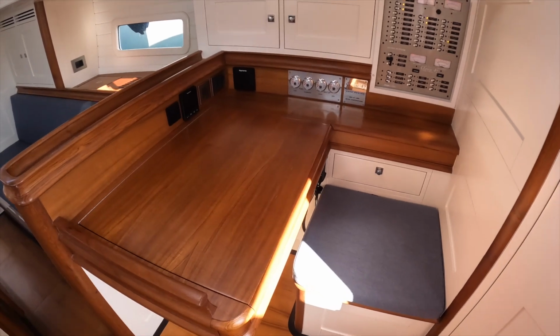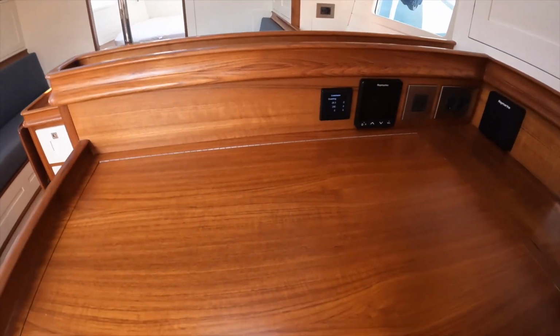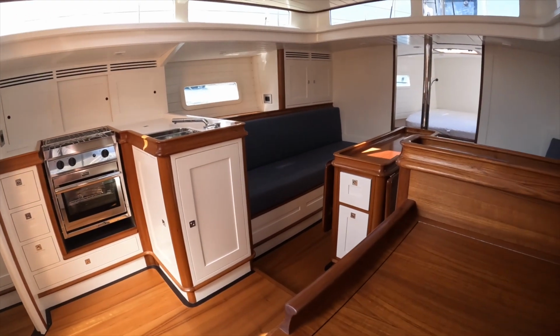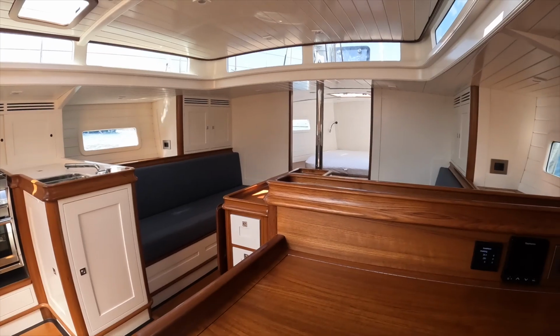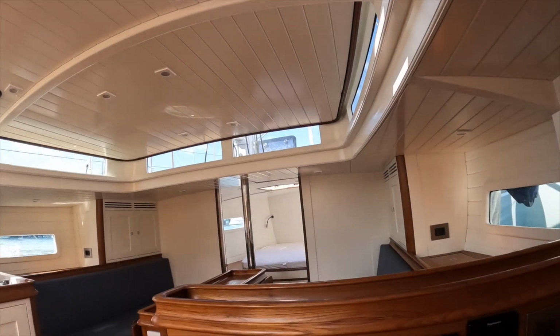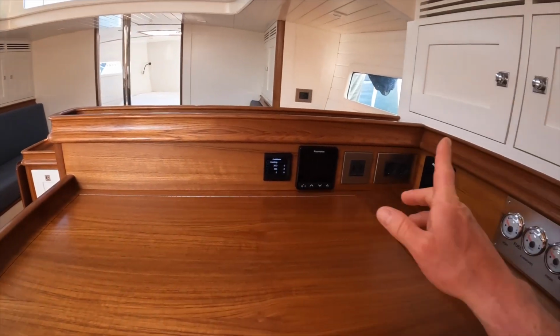Really nice chart table area. I found myself sitting here a lot already on the boat. You're in communication with those around. It's comfortable. You've got views. You can see what's going on, and there's space and comfort enough to work in. Big chart drawer. Plenty of space for instruments,